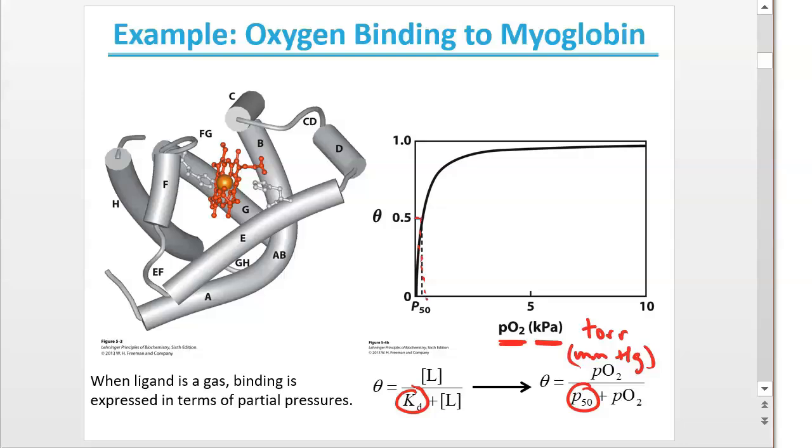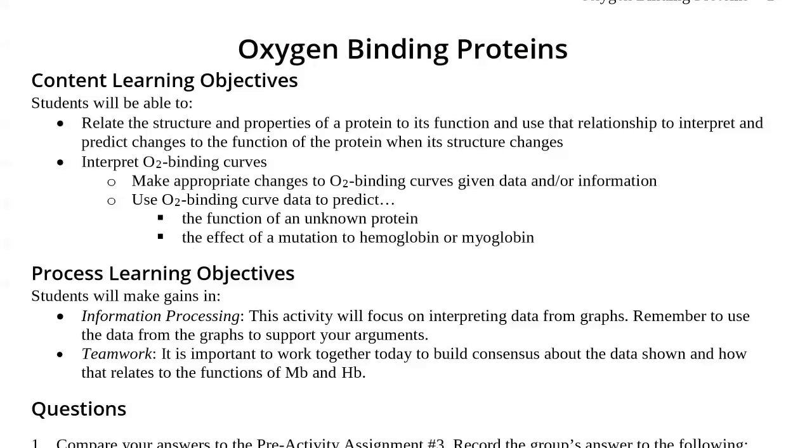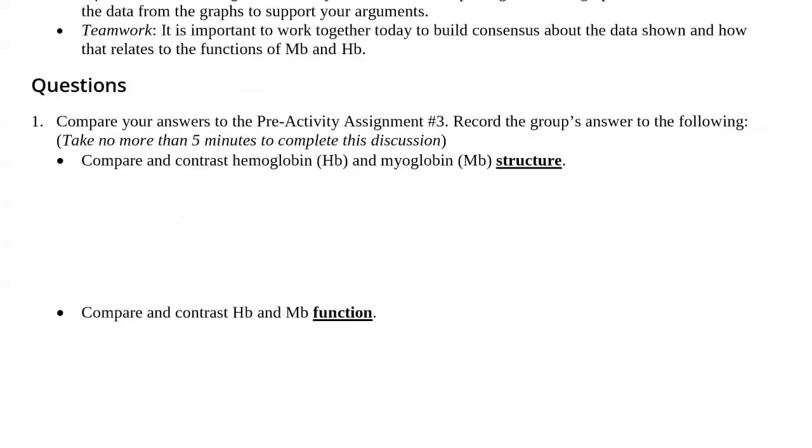So now let's investigate the mini activity based on this larger activity called oxygen binding proteins. Your pre-activity asked you to look up some information about hemoglobin and myoglobin. So make sure that you know some things about the similarities and differences between the structure of hemoglobin and myoglobin. For example, both are heme-containing proteins. Heme is an organic molecule that coordinates an iron atom in the center. On the different side, myoglobin has 1 polypeptide chain, but hemoglobin has 4, arranged in a tetrahedral arrangement.